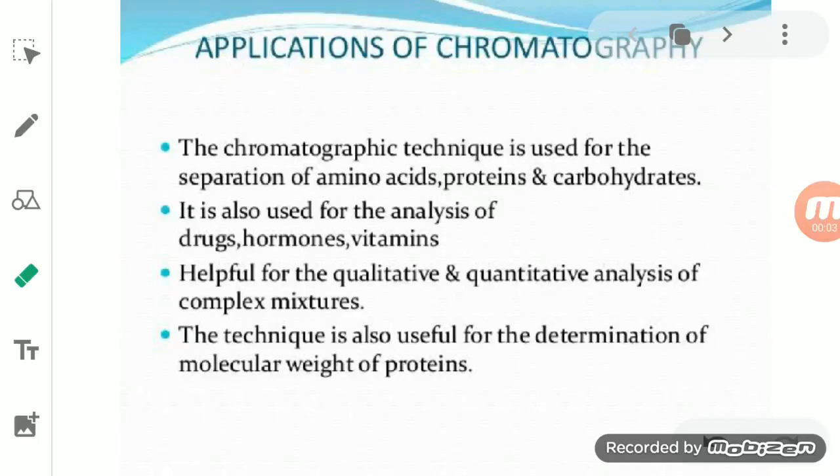Hello students. So yesterday we studied the separation of mixtures, in which we discussed chromatography as well as evaporation. We studied in evaporation how it is used to separate a solid substance which is dissolved in water, or we can say how this process is useful in separating the solid from the liquid.